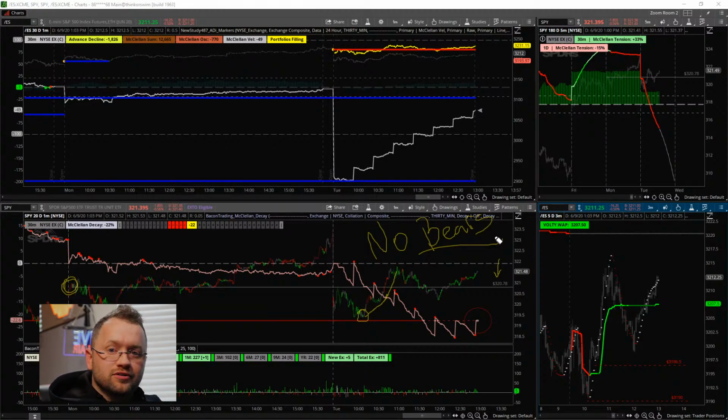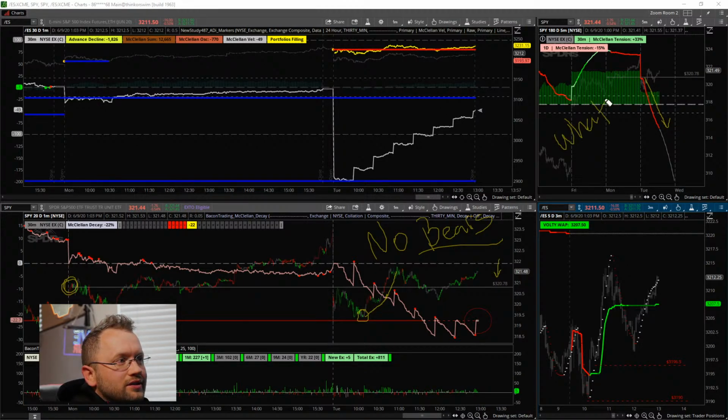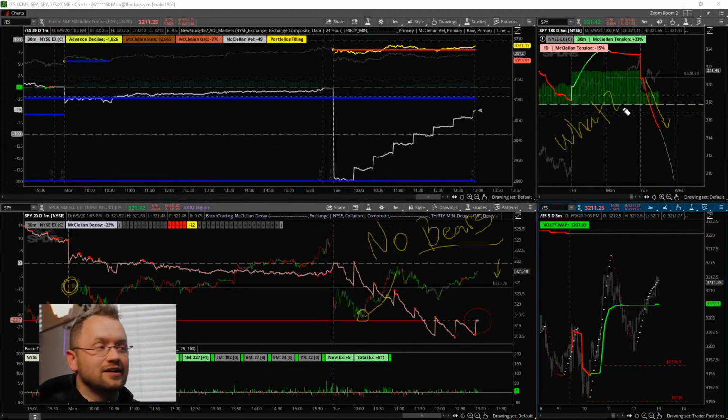And this is important. So if you consider that and you say, okay, there really are no bears, there's no institutions picking up liquidity for the short side. And then take a look at tension. What? Isn't that the question? What's going on here? How can you do that? Well, this is a burn-off.